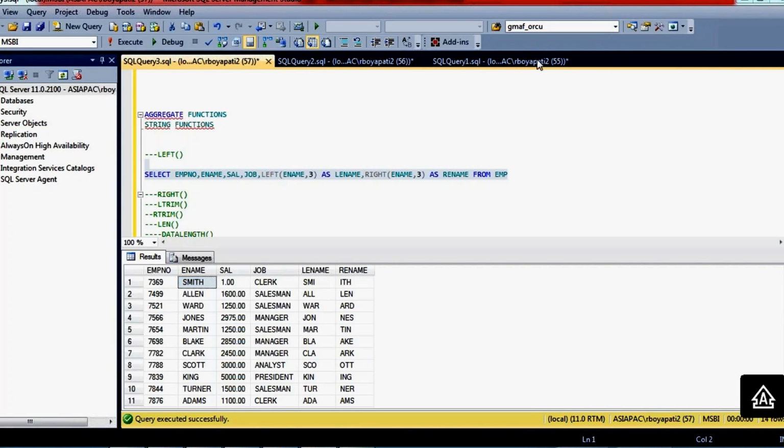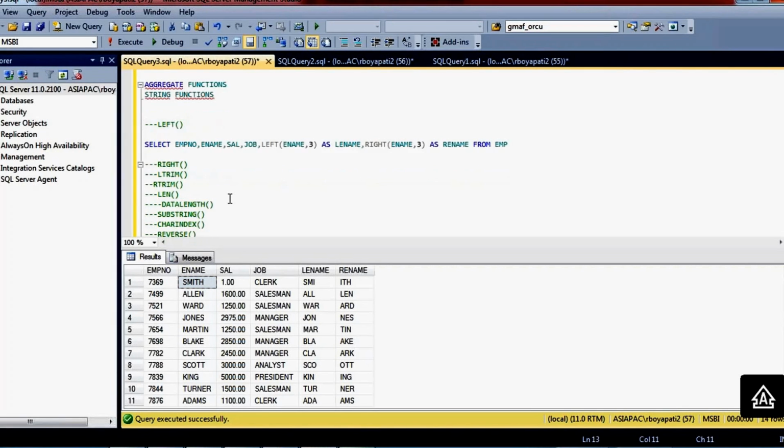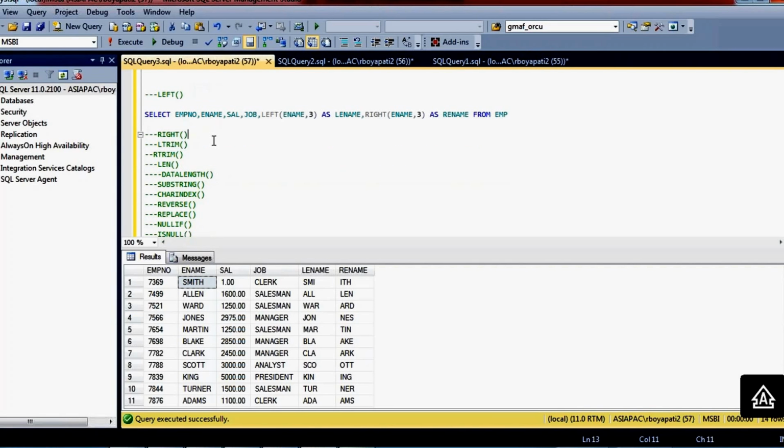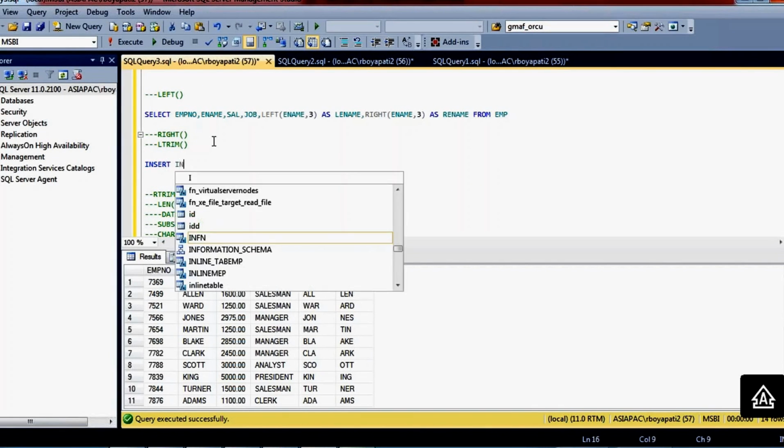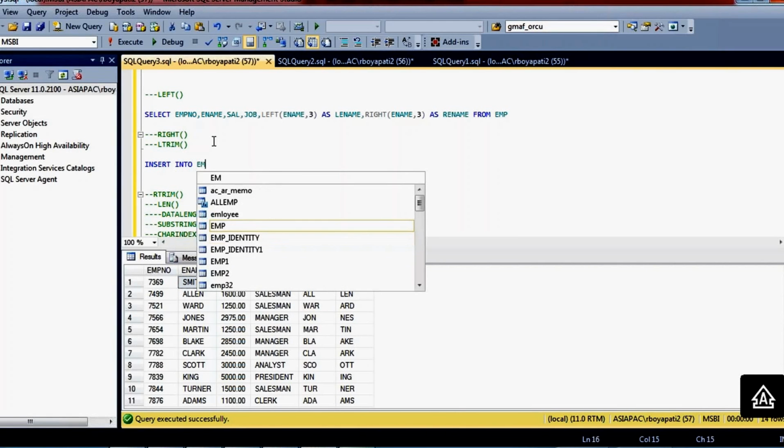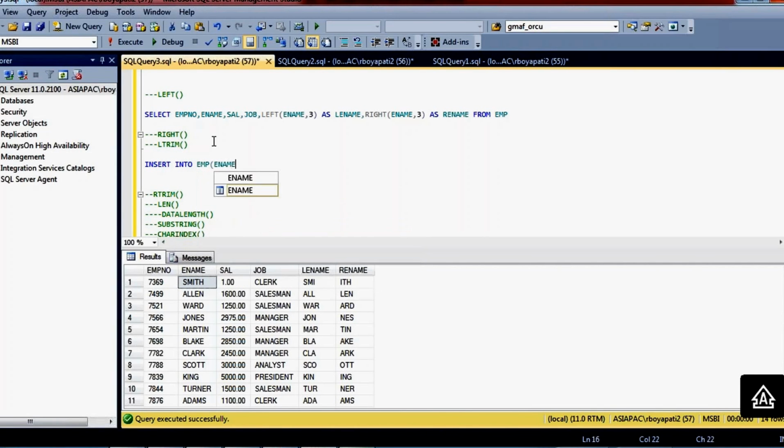So the next function is LTrim. What exactly will LTrim and RTrim do? Trim means these are going to trim the data. So for example, by mistake, whenever you insert data into the EMP table, I want to insert the data into the employee name column, value RAM. If you insert this, it will insert only these 3 characters.